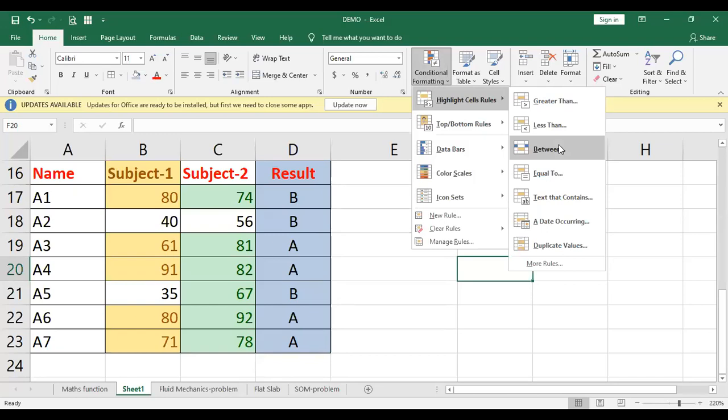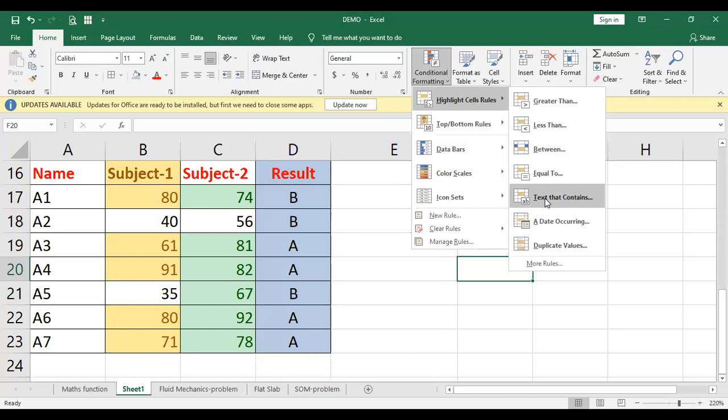It will automatically check and highlight it. So that is also possible. You want to give only equals to something, how many results are there? So that is also possible. You want to know that certain text is containing